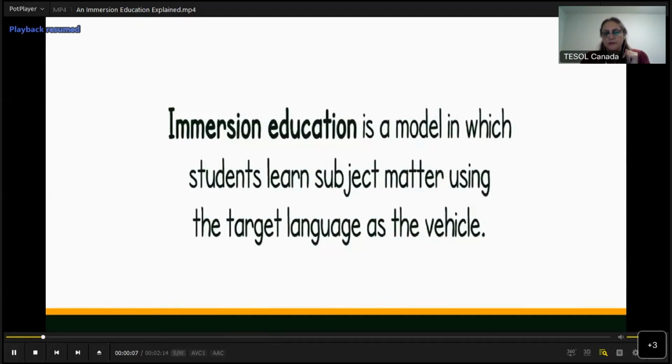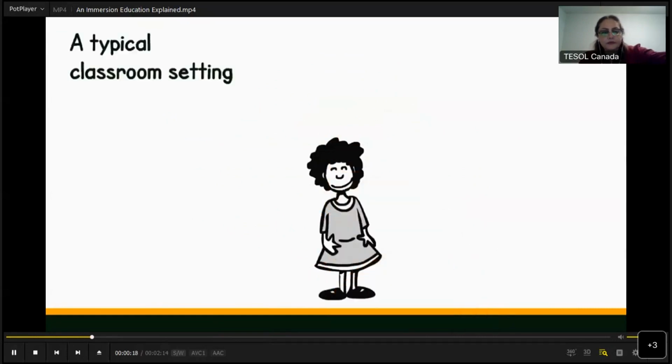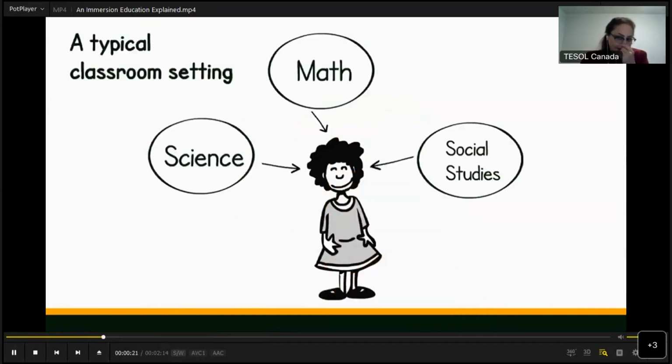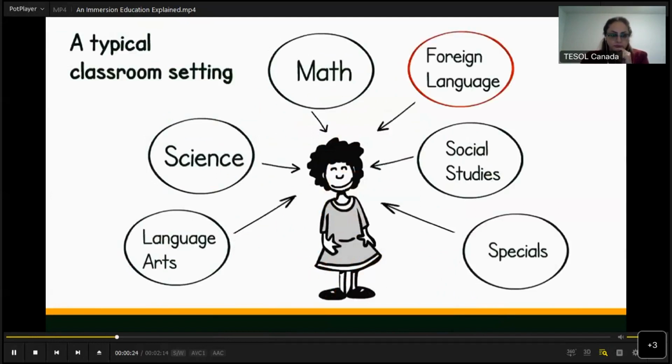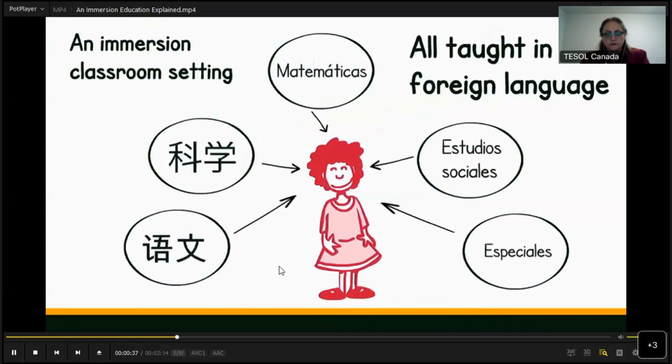Immersion education is a model in which students learn subject matter using the target language as the vehicle. But what does that really mean? So in a typical classroom environment, students learn the core subjects in English. They might also receive some foreign language, but only for a short period of time. This is an ineffective way to learn an additional language. In an immersion classroom, students learn all the core subjects in the foreign language. What are the advantages of this teaching model? Faster and native language level acquisition in reading and writing, higher test scores, and superior cognitive skills, just to name